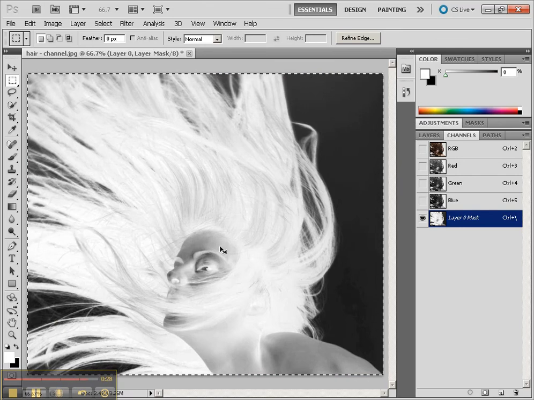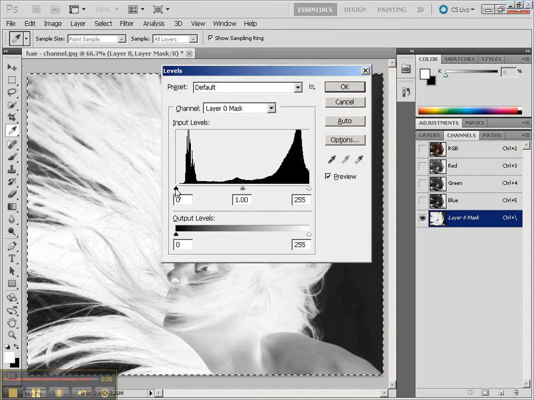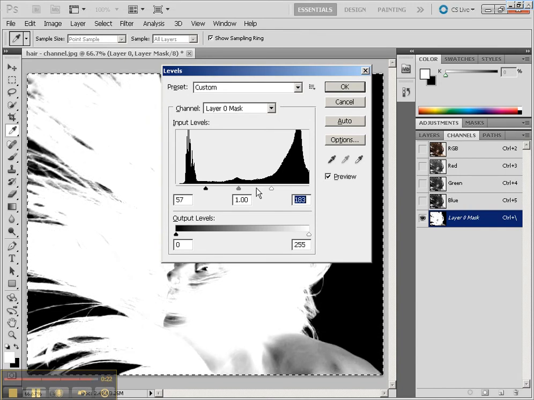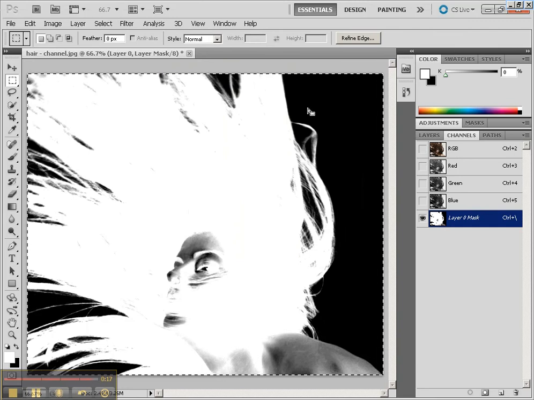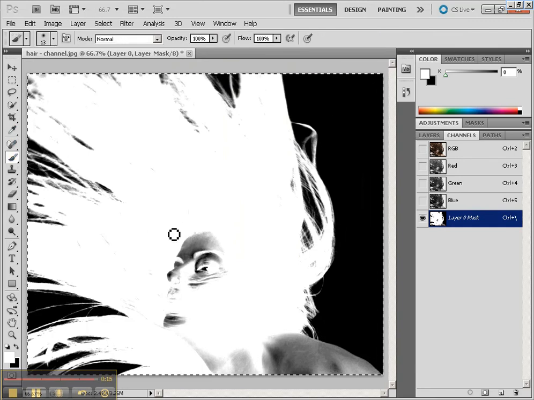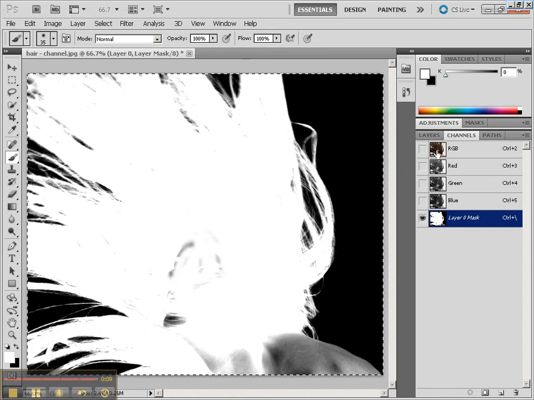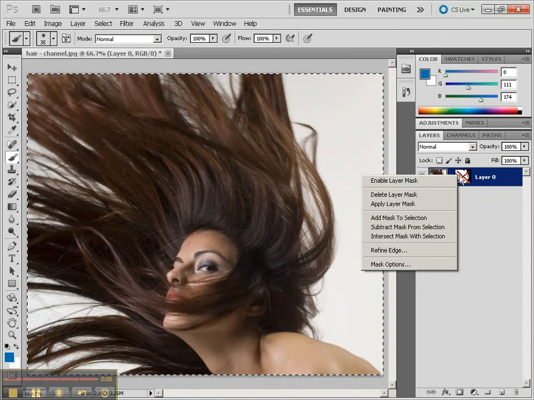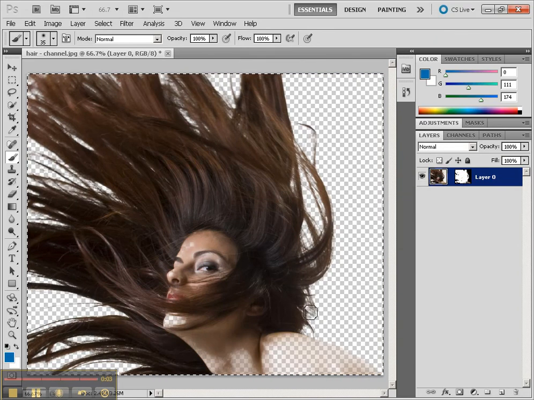Now we can use tools such as levels, and with levels, I'm going to go ahead and make things definitely more black and white. And then I'll use the brush tool to fill in the areas that need to be filled in. So I can fix that. And then take a look at the end results when you can and see if it's good. You might need to enable the mask again, but you'll see that we've definitely done a better job. Save